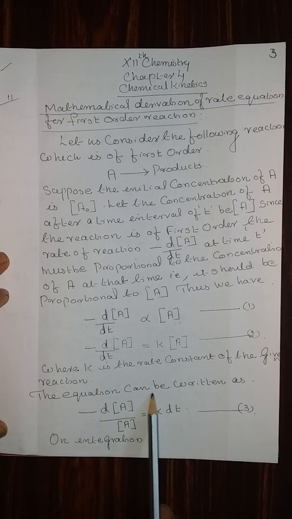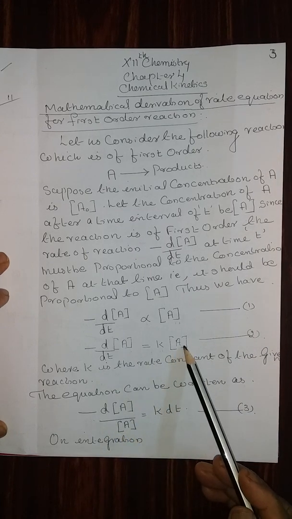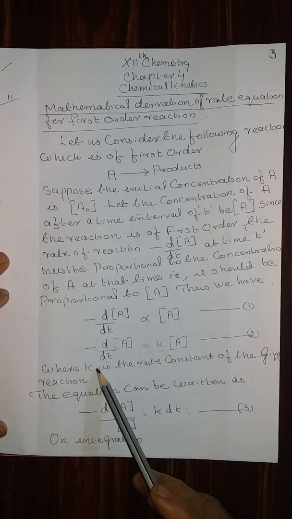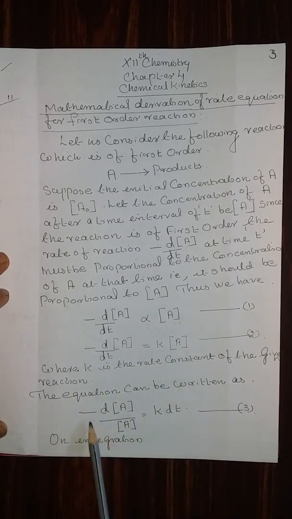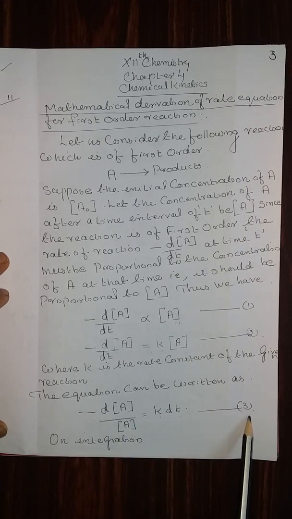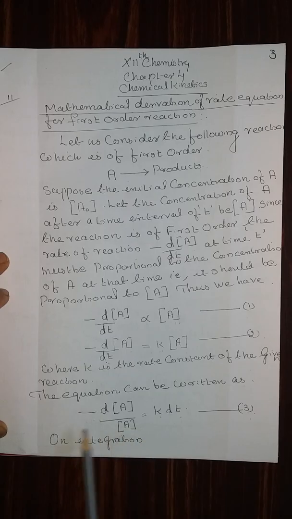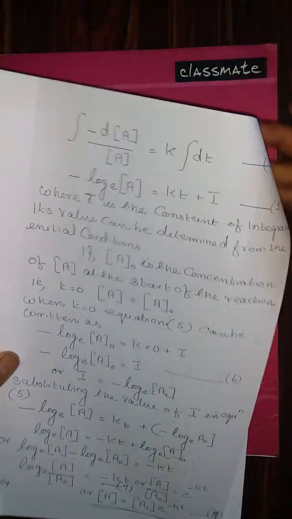This equation can be modified by bringing this concentration A to the left hand side and dt to the right hand side. Thereby the equation is minus dA by concentration A is equal to K into dt. Equation number 3. Now we have to integrate this equation. On integration